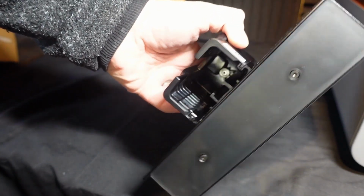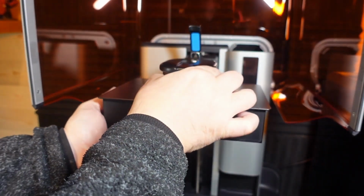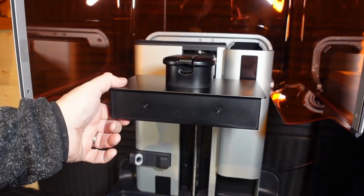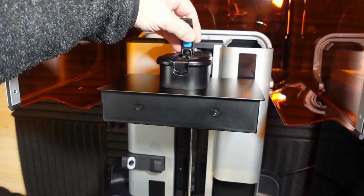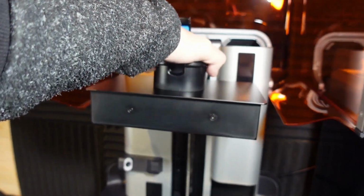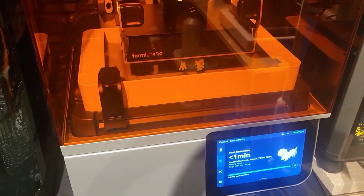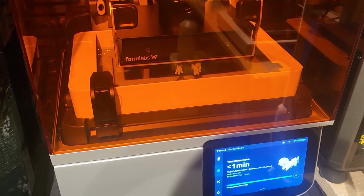Attaching to the printer via a compression lever, there is no manual levelling required in this printer, as this is all done in the factory, so no user calibration is required. The printer uses internal sensors to ensure the machine is level, and sloped edges on the build platform help resin drip back into the tank, and it's never fully submerged anyway, as it uses less resin in the vat, but